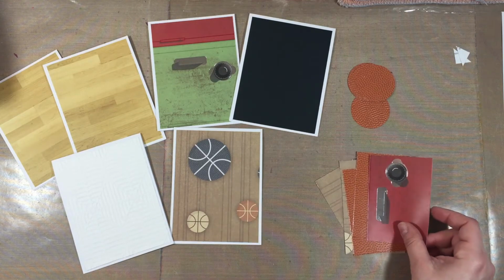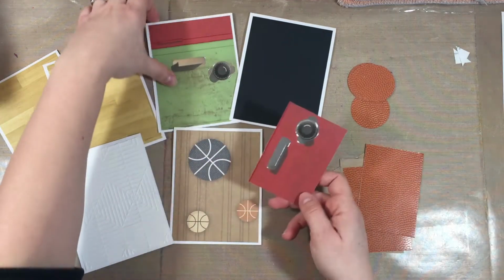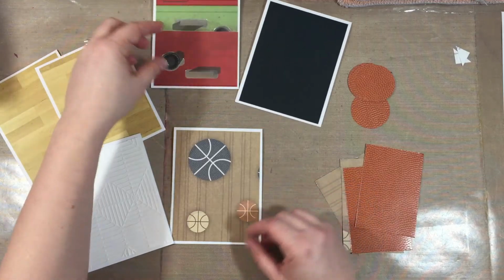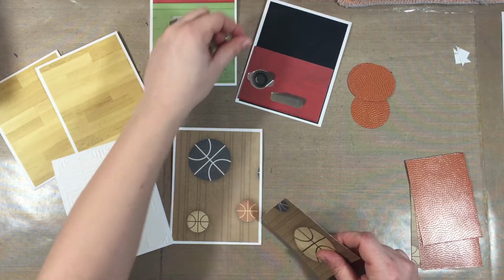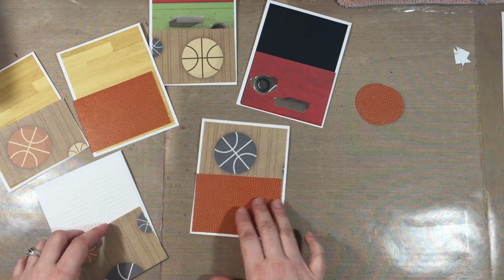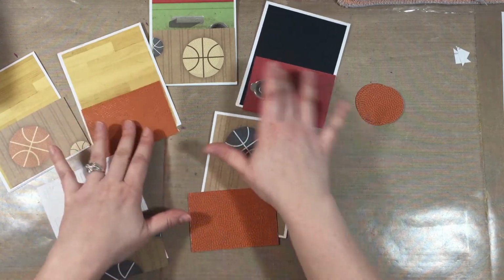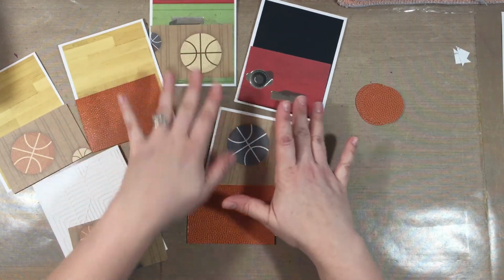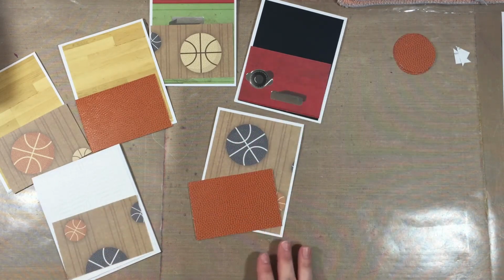But each one of these panels is going to go on the bottom half, and I think it would be wonderful if I did this. So I would like that to go there. Ooh, or should I do that? Oh, that would look neat. Okay, we're gonna lay those panels just however you choose down on top of the cards. Just lay. This is not adhering yet. Make sure you like it and that you like how the combination is going to look. Now, before we adhere anything,